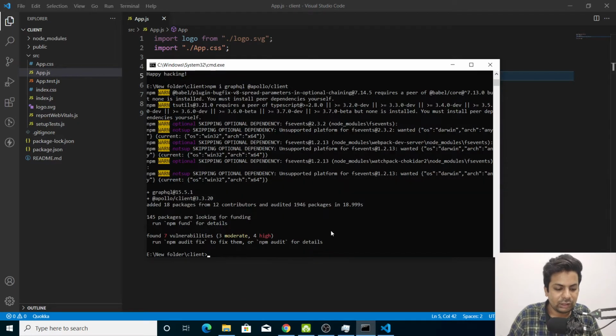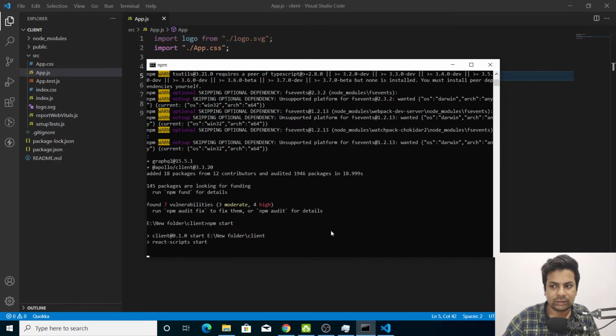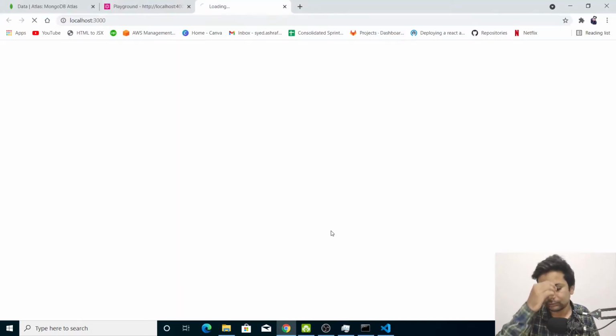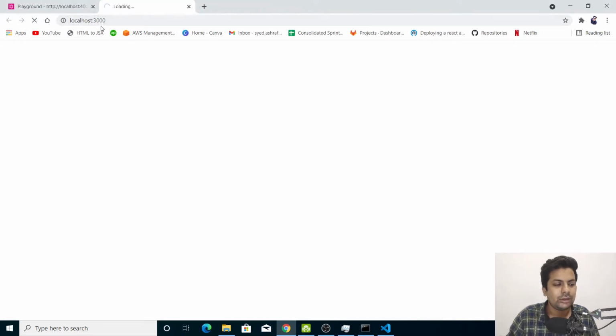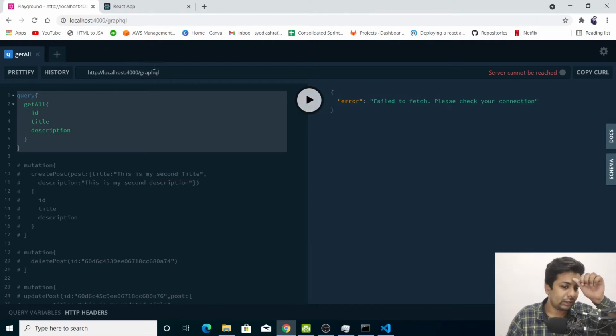Now if we do npm start, we can see something will happen. So see what we are getting. We are getting right now only one data. I think error, failed to fetch.